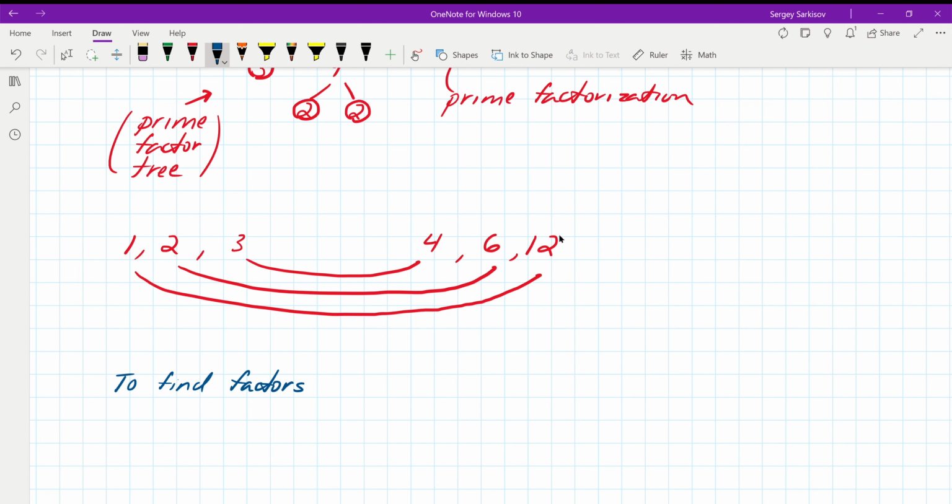One way to do it, without any prime factorization, because that's really a stronger idea. That's what we did above, factorization, but we didn't do it yet. I was just starting with prime factorization, telling you what it is. But to find factors,